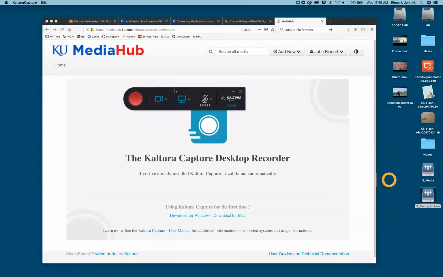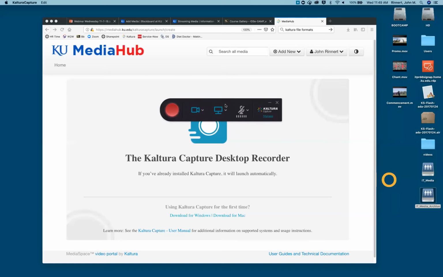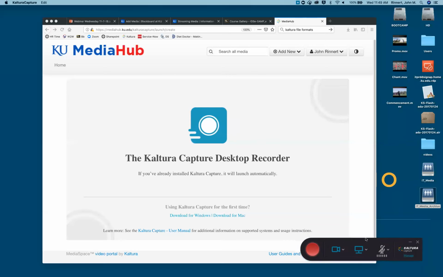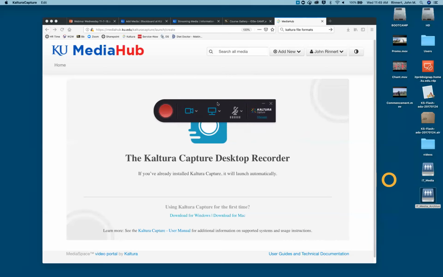I was kind of kidding about it being a complicated application. This is the whole thing. I can choose what to use as a camera if I want to use a camera, or I can choose not to use a camera.